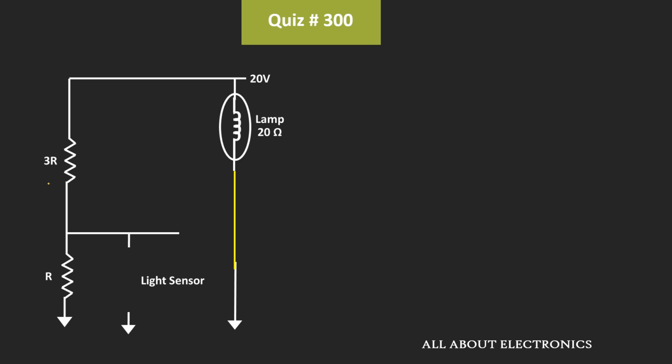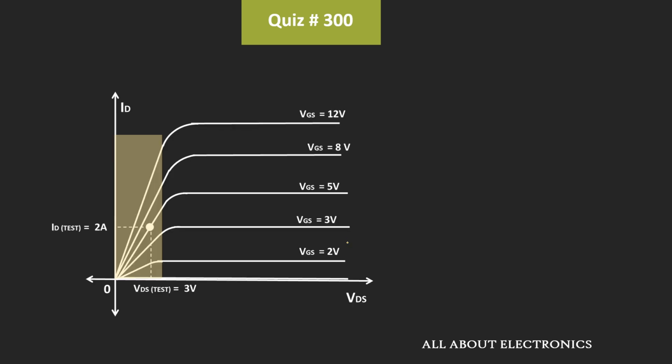So here, we have been asked to find the power which is getting dissipated across this lamp. Now ideally, when this MOSFET conducts, it should act like a closed switch. But actually in the on condition, it will provide some series resistance, and this series resistance is known as the RDS on. So to find this series resistance, we have been given the MOSFET curves. From this we can find the series resistance.